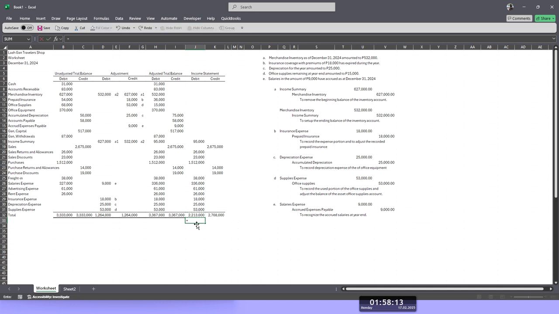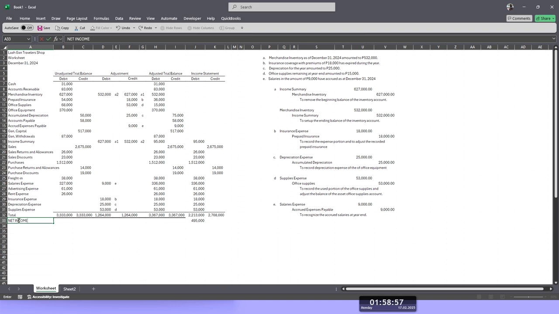And then place the difference under the lower amount to balance, to get the equality of the total debit and credit in the worksheet here. So place the difference under the lower total in the income statement column. The formula is bigger amount minus the smaller amount, and the difference is called net income. So again, this is net income